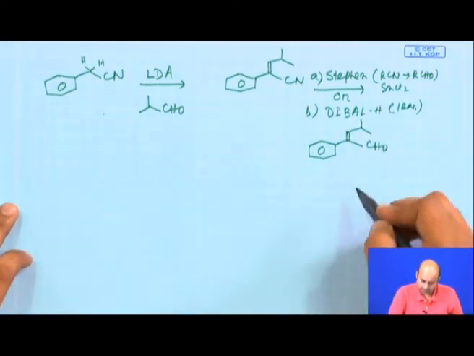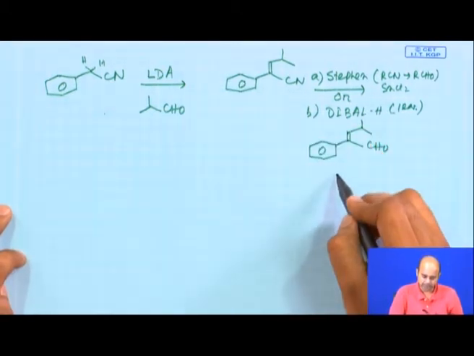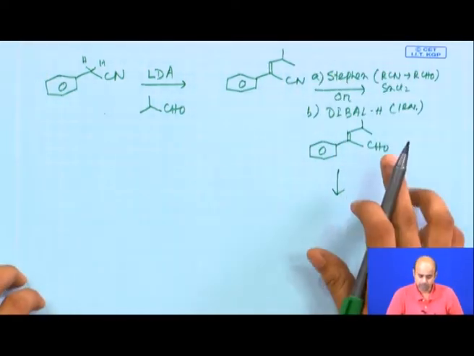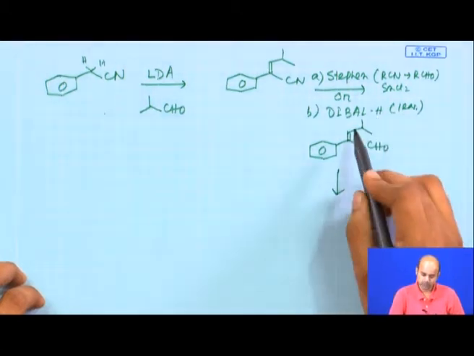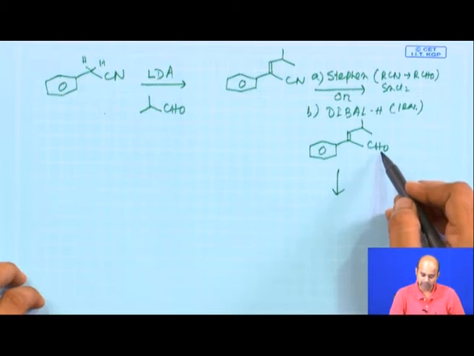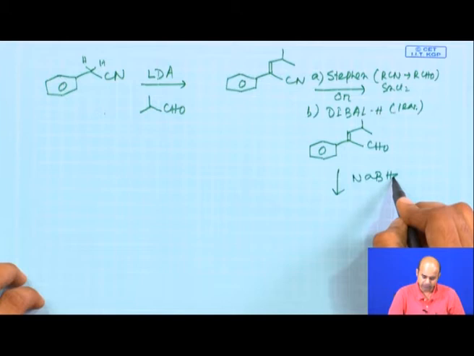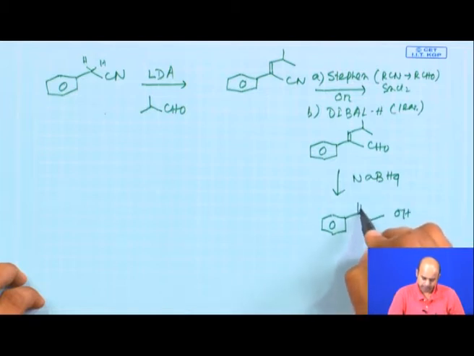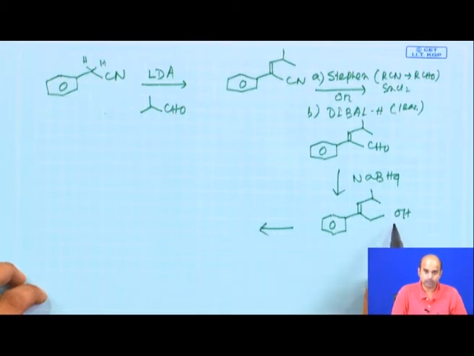Otherwise, you can use excess DIBAL to get the primary alcohol, because in our synthetic exercises we need primary alcohols. Nevertheless, DIBAL is very expensive. So, what do you do? You put in DIBAL, one equivalent, to get the aldehyde, then we use a cheap reagent, sodium borohydride, to access these allylic alcohols. Okay. Then these allylic alcohols need to be protected.